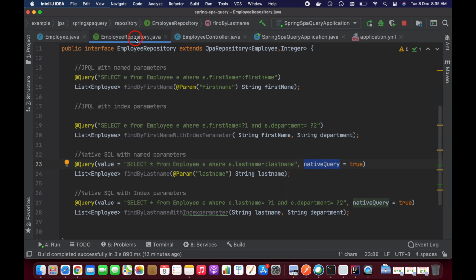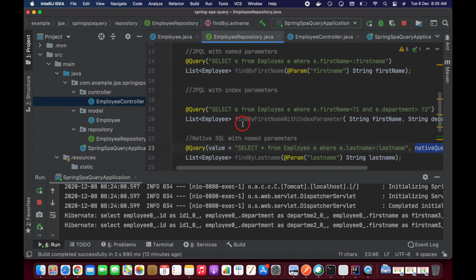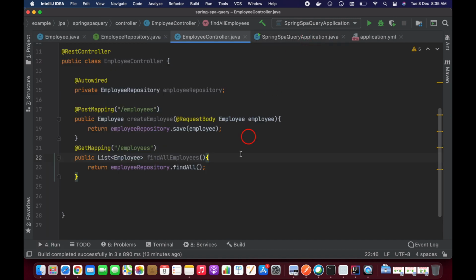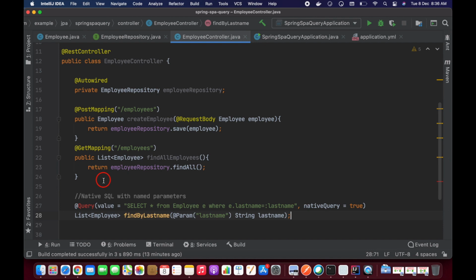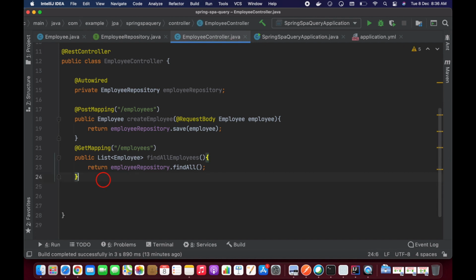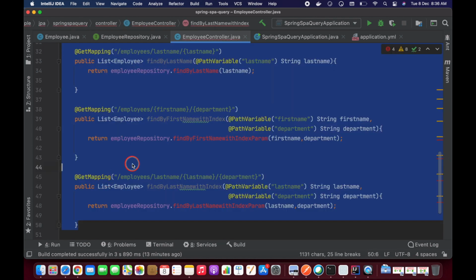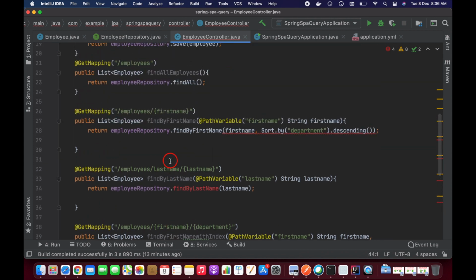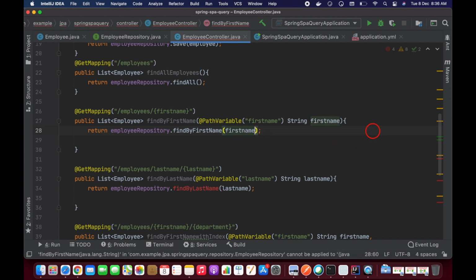So finally, we need to add these methods in the controller. To save time, I just pasted them here, guys.